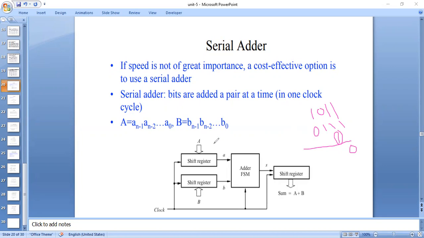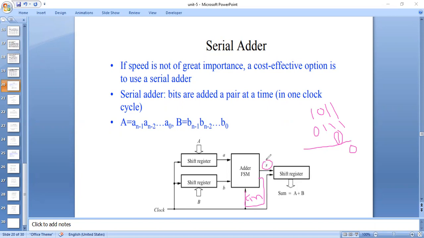For example, when we add the bits A and B, we give them to the full adder, and it will produce sum and carry. And that carry is applied again as input to this full adder, what we call the previous stage carry in. So depending on this carry, it will produce the output. For example, if the carry is 0 we get one output, and if the carry is 1 we get another output. And here the sum will be the actual output. That is what we are going to construct.